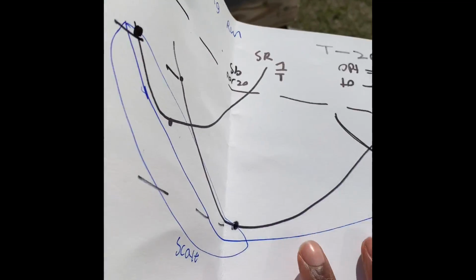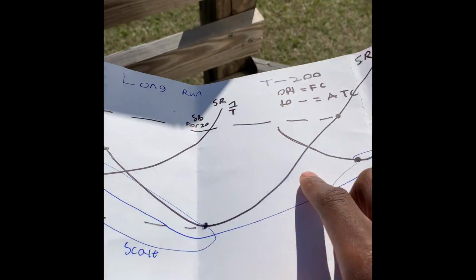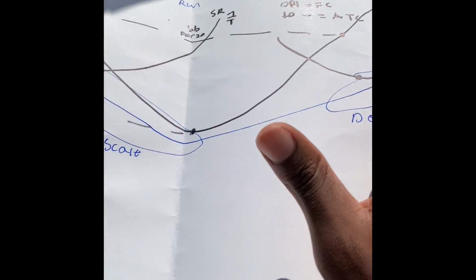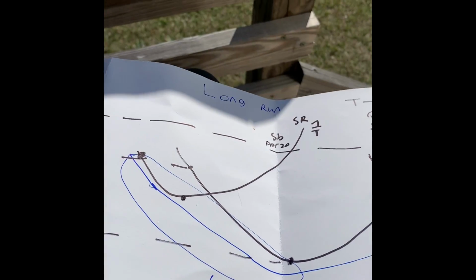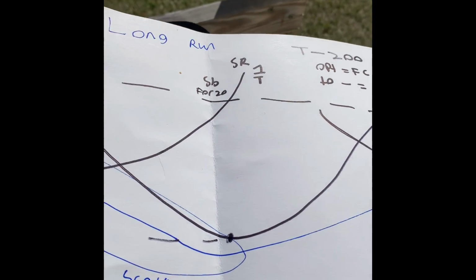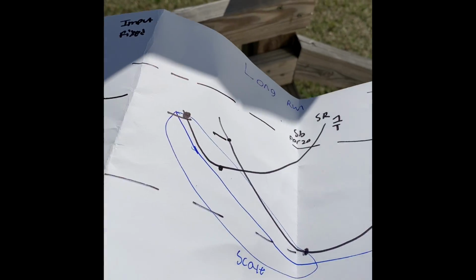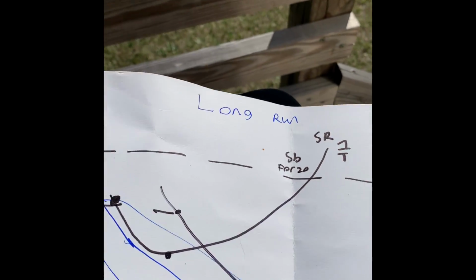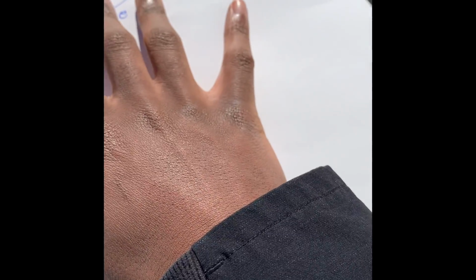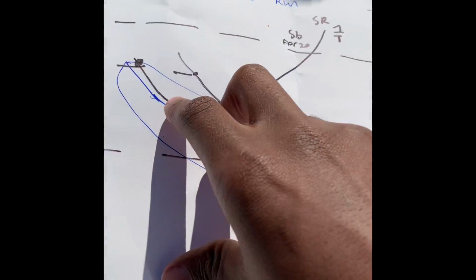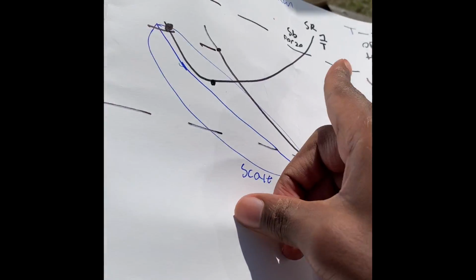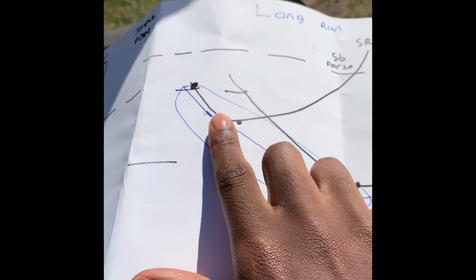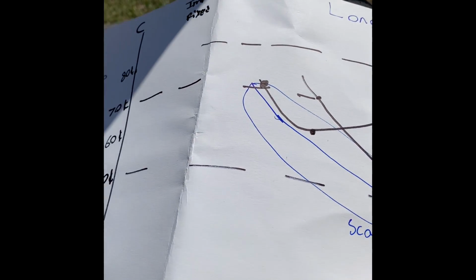Now, you have right here, so all this is in the short run, but in the long run, everything is variable. Because in the short run, you have a fixed cost. You gotta have something that's fixed. And for this variable, the fixed cost is the trucks. So let's say, in the long run, he gets, let's say, 1 truck because he's only selling like 100 tacos per day. And now that becomes the optimal point to sell at. So he now sells one of his trucks over the long run, and this becomes his new short-term ATC.